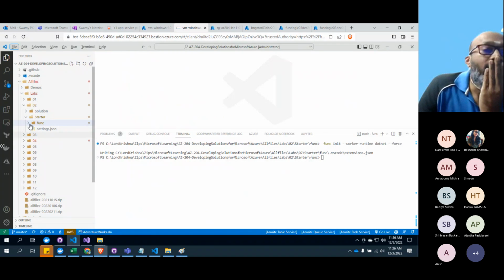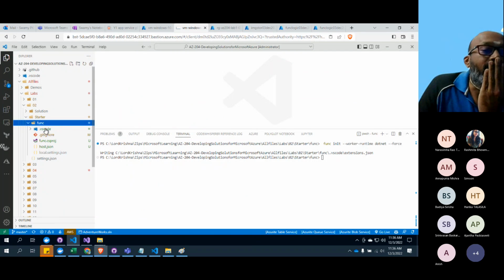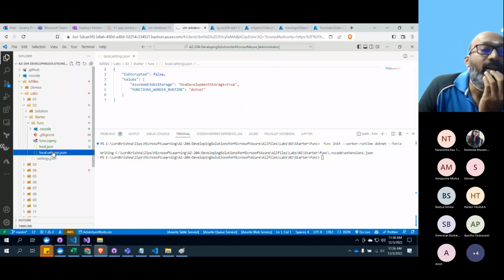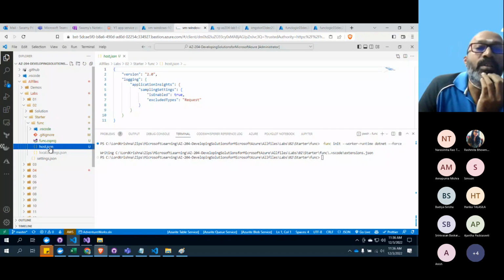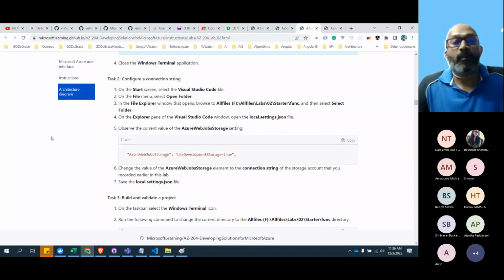So it did some changes. You can see that it created the function project. And we see local settings and we see host JSON. OK, that's cool. It has created these things.